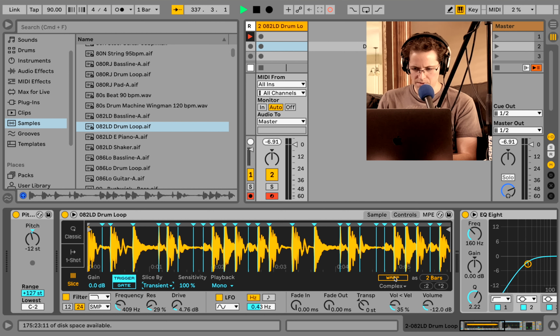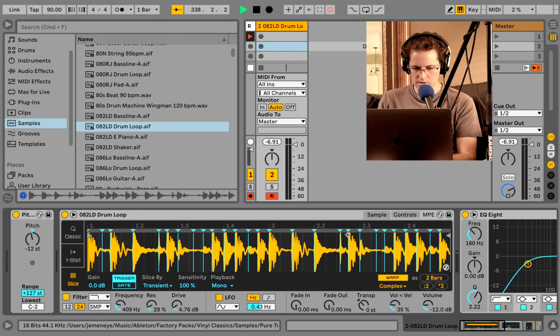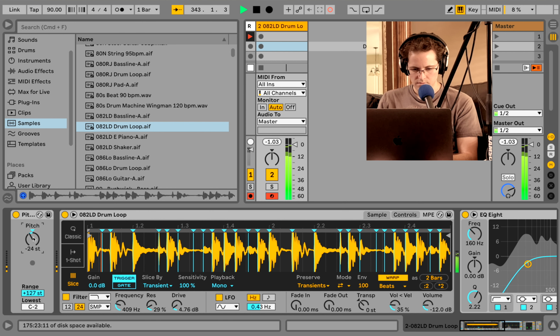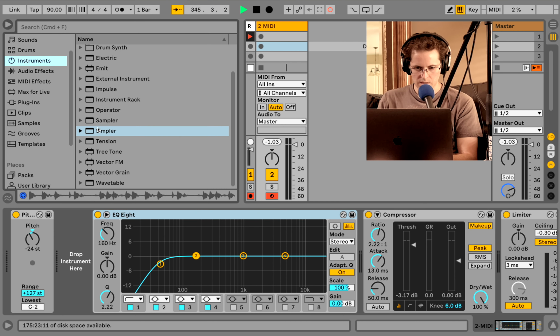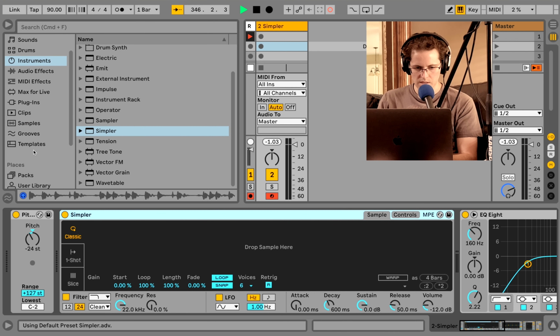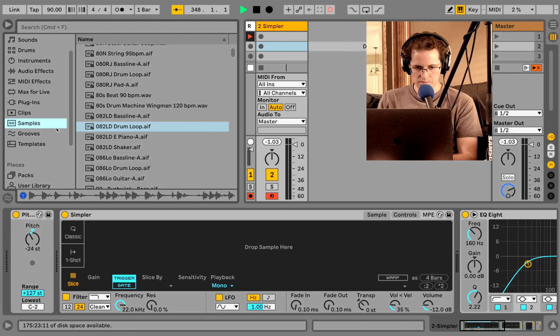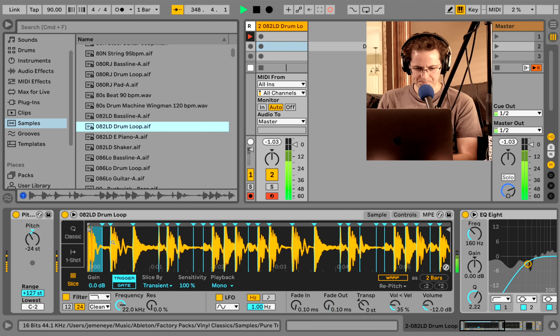So if I want to warp this thing, you have warping, which you don't have in the other one, in sampler. So you've got this warp mode. If you're going to be warping, you probably want to do beats. Make sure you have it on beats. You want to figure out where C3 is so you can play the first sample. I'm going to delete simpler, come back in here, throw down a nice fresh simpler, go into slice mode because we know what we want. Go back to samples and let's drag that drum loop back in.